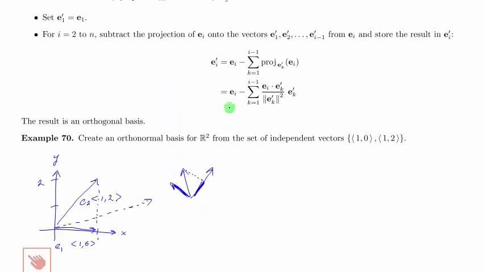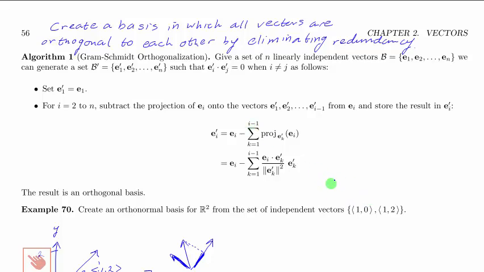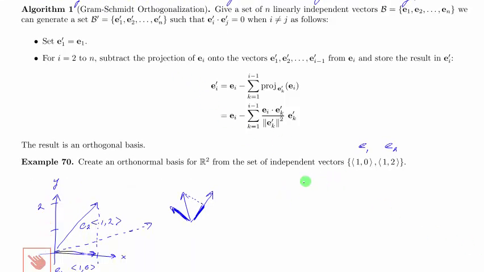So let's look up at the algorithm again. So we're going to start by setting e1 prime equal to e1. So if I call this e1 and e2, and for the sake of writing, I'm not going to put the arrows over my vectors here. I could write the e1 and the e2 like that, but I'm just going to leave those off for the sake of making this a little bit less messy. And then once we have our e1 prime, which is our same first vector, then e2 prime is going to be equal to e2. So we're going to take this vector 1, 2, and then we'll subtract the projection onto e1 prime of